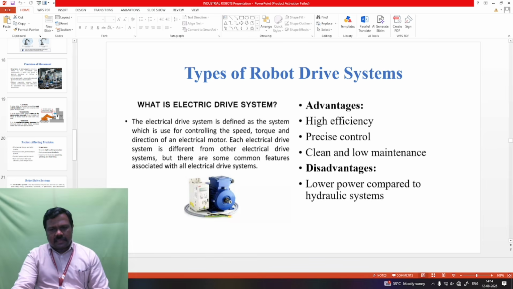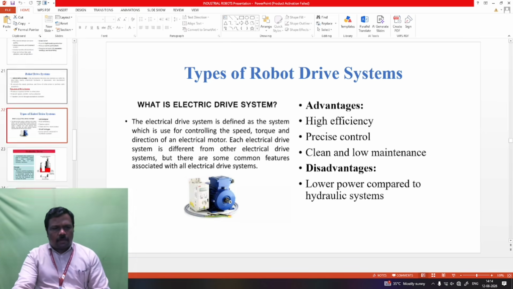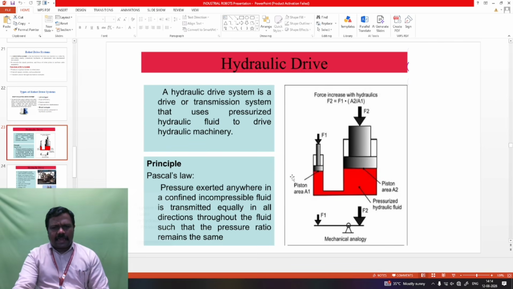There are some disadvantages: lower power compared to a hydraulic system. If we use a hydraulic system, we get more power. In an electrical drive system, we have low power. Then hydraulic drive. In hydraulic drive, a hydraulic drive system is a drive or transmission system that uses pressurized hydraulic